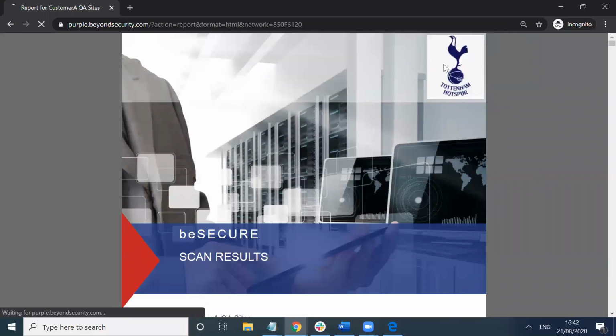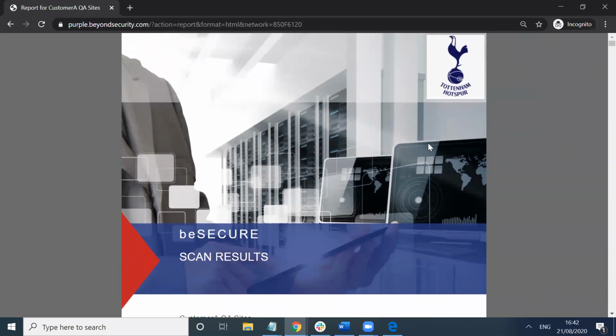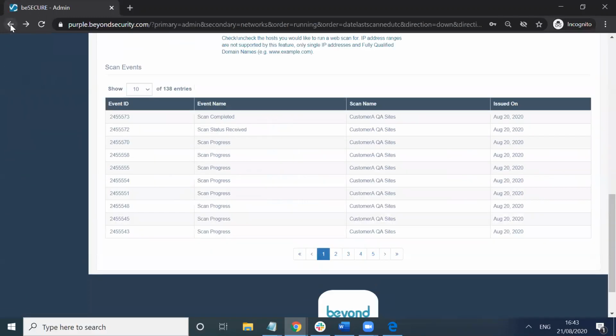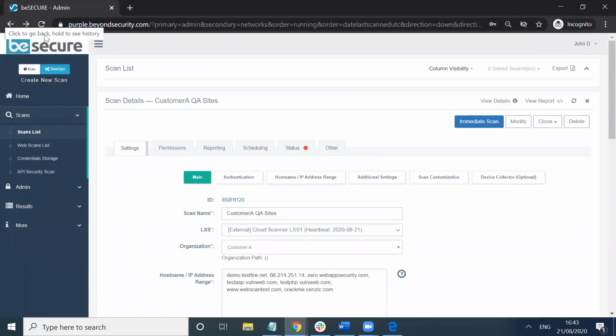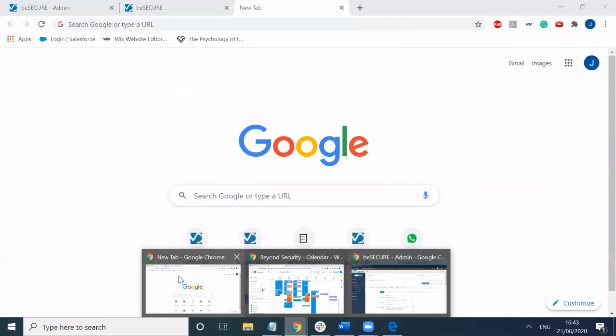And now you can see that the logo has changed from the Unsecurity logo to the Tottenham Hotspur logo. As an MSP, I can make that change for my users, so they would only see my logo when they log into the tool, or I can let them change their own logo. And now, after setting up the multi-tenant view, when we look back into the